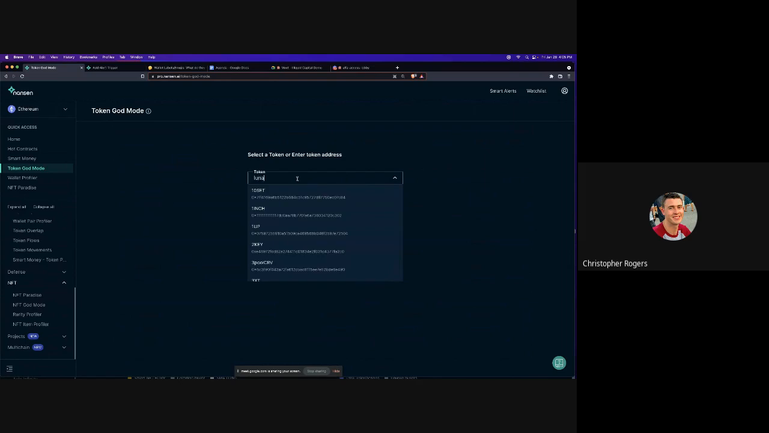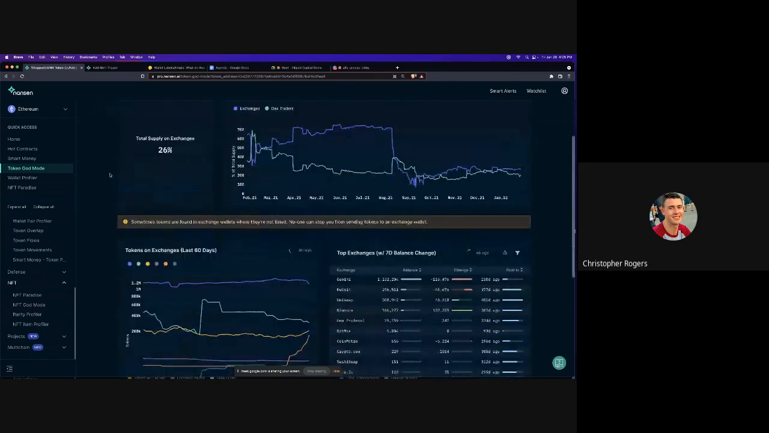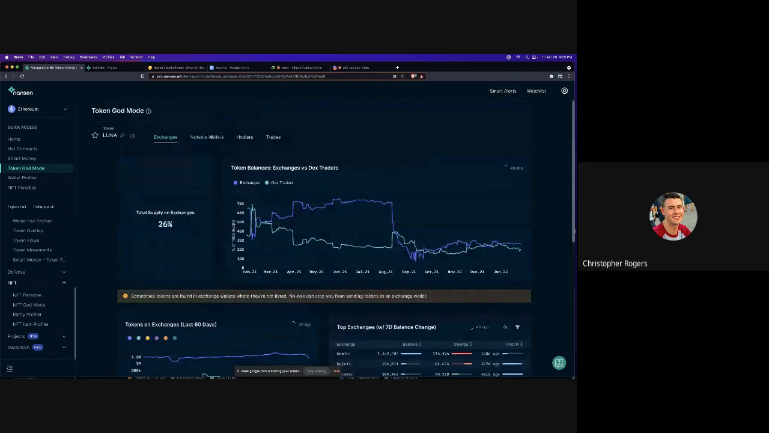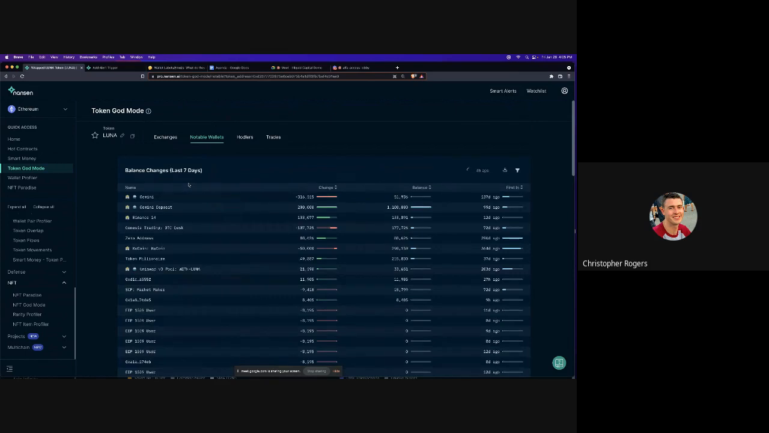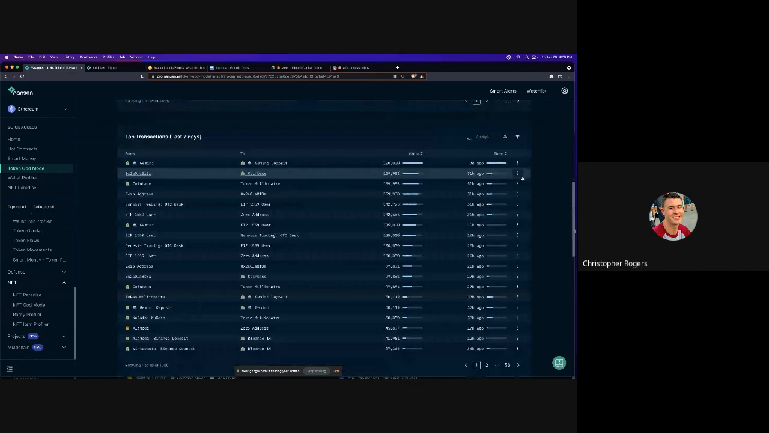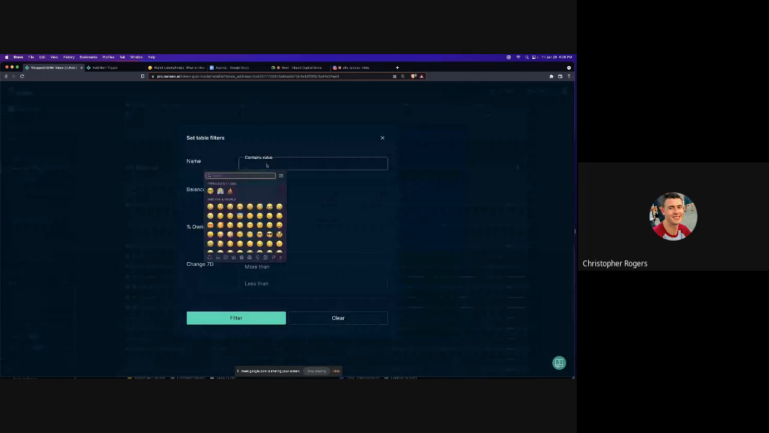Go to Token God Mode. I will search for Luna here. Maybe you're conducting analysis on Luna and you want to see who the notable wallets are. One of the features that we have for our VIPs is the capability to filter. So if you wanted to filter by a smart money wallet under top balances, so who holds the most Luna,